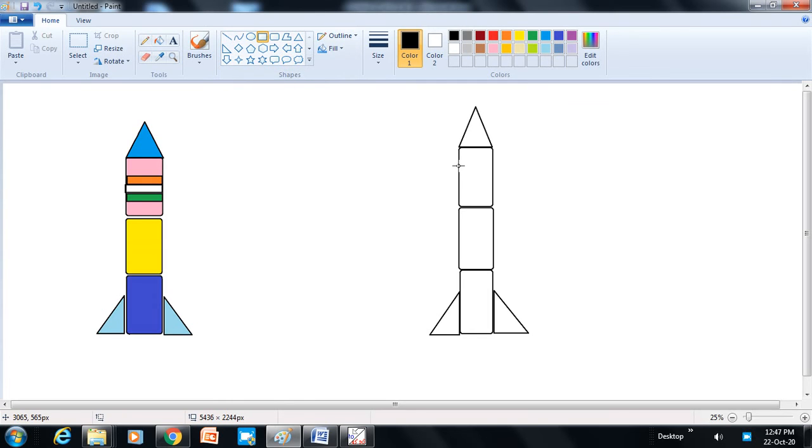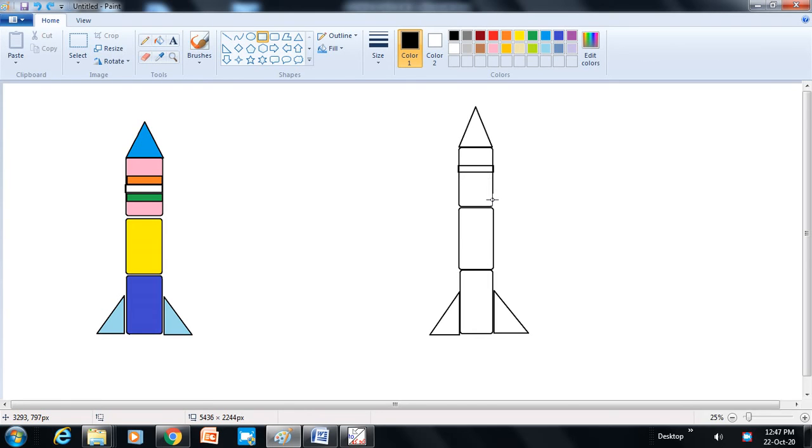So use this rectangle shape, create a small rectangular box, again create a small rectangular box, like this. And again create a small rectangular box.